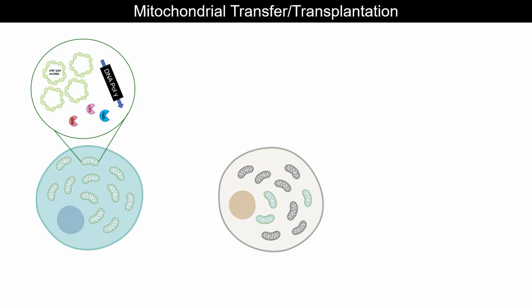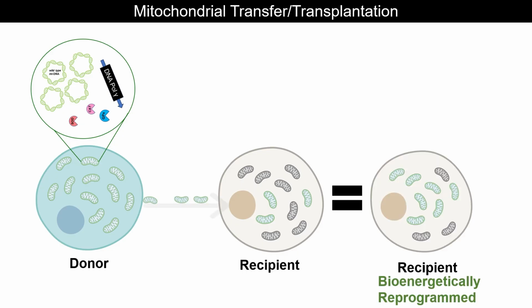And so mitochondrial transplantation, mitotrans, whatever you want to call it, is a very interesting modality because it's the perfect care package. You can deliver better DNA repair, better DNA, and also antioxidants all in one package to cells. And from